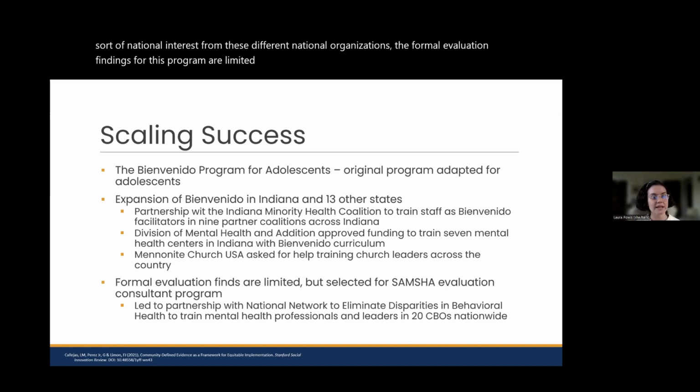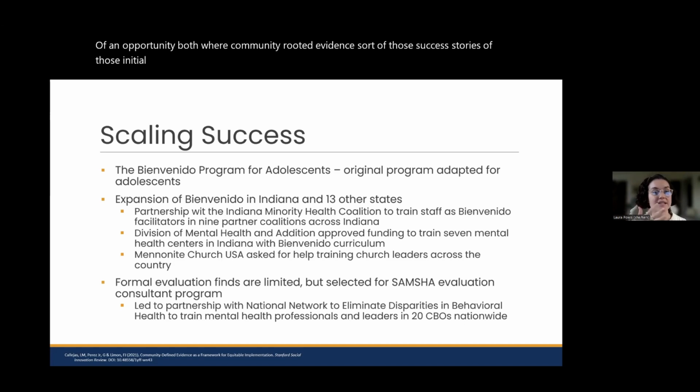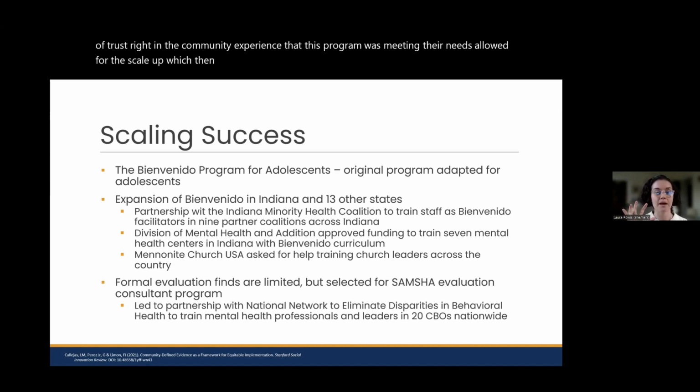So this is really an example of an opportunity where community-rooted evidence, those success stories of the initial participants, and then the success of scale-up projects and the success of this kind of trust in the community experience that this program was meeting their needs, allowed for the scale up, which then built enough momentum around this that the